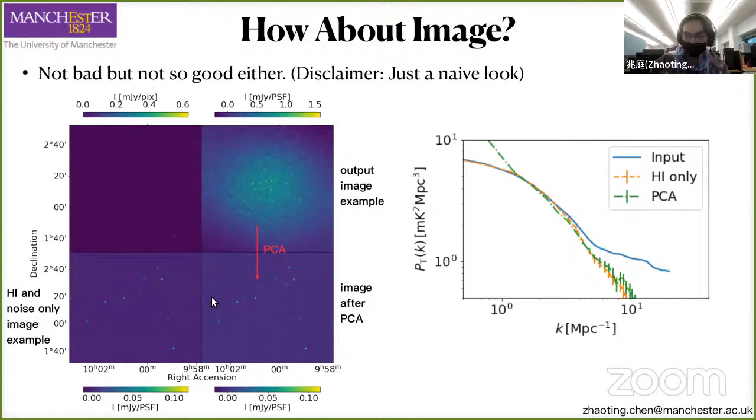And as you can see, this is a very low thermal noise level, so you can actually see some bright H1 galaxies. Basically, all the features are recovered, but as you can see, for example, if you compare these two, there are actually some foreground residuals. So translating that to the power spectrum, you can see actually that most of the scales can be recovered by